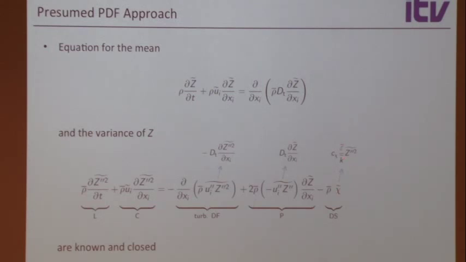And last time we said we compute the dissipation rate by assuming that the large scale time scale for the scalar is the same as the large scale time scale for the velocity field. The time scale for the velocity field is k over epsilon. The time scale for the scalar field is the variance divided by the dissipation rate. So from that we can compute the dissipation rate like this. And there's a factor here. This is what we call the time scale ratio. And this factor, that again